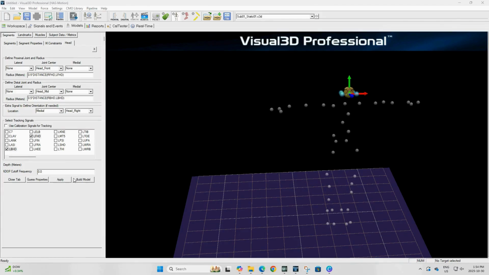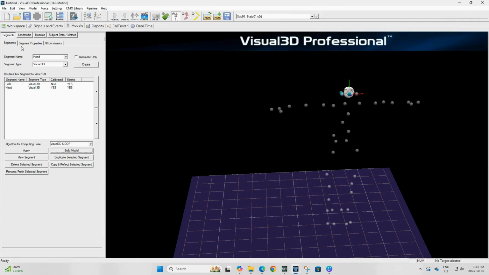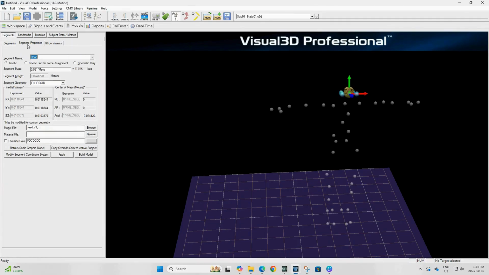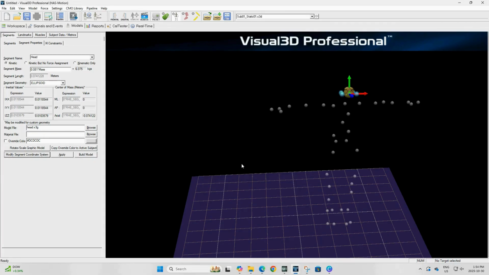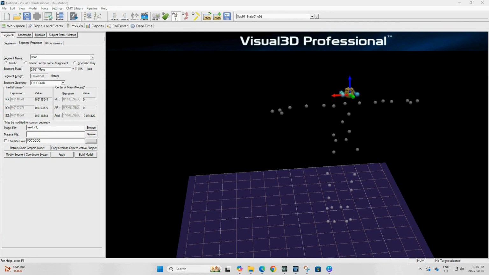Navigate to Segment Properties and select Modify Segment Coordinate System. Change the anterior-posterior axis to +Z and the distal to proximal axis to +Y. Next, change the model file to head_C7_top. This will apply the proper model file to the segment.